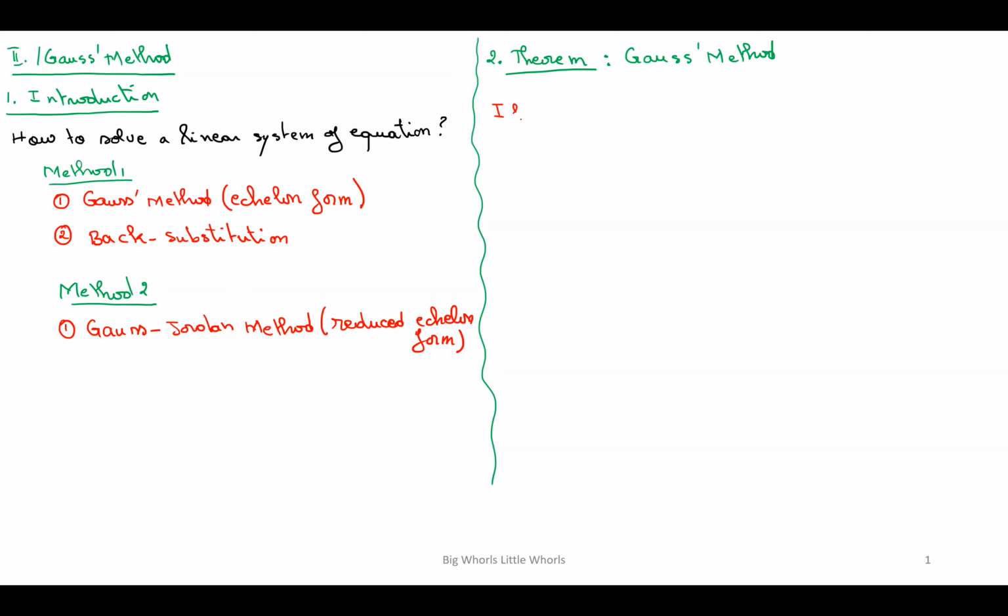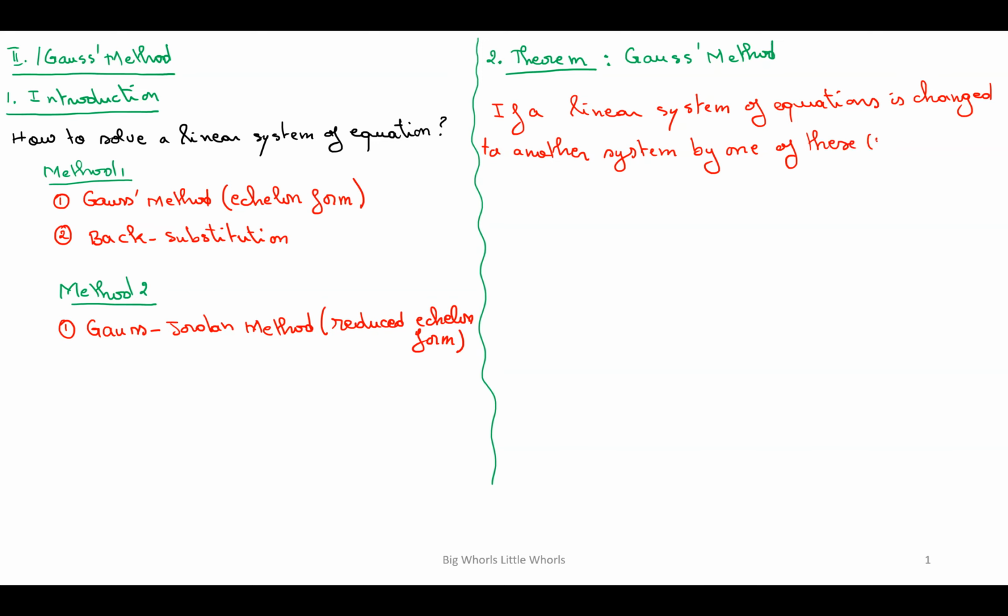Gauss's method: if a linear system of equations is changed to another system by one of these operations, as I said,